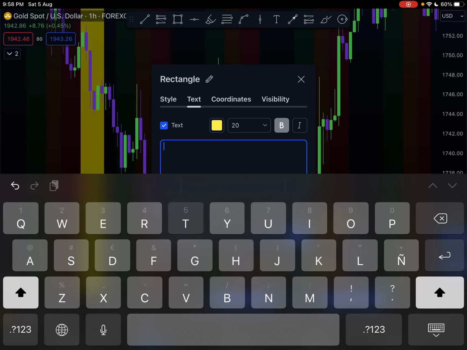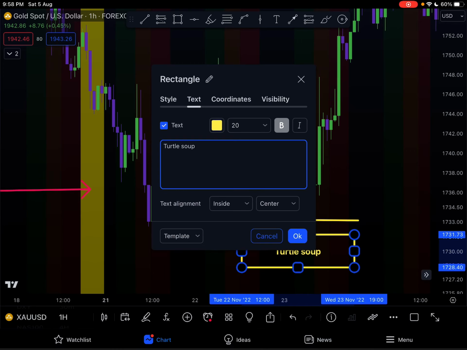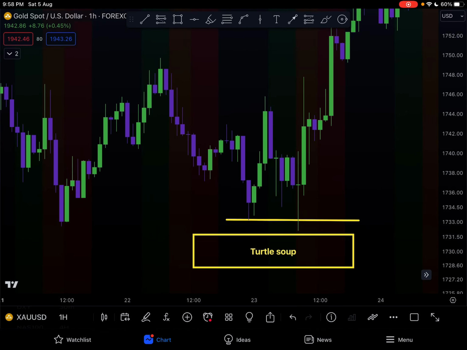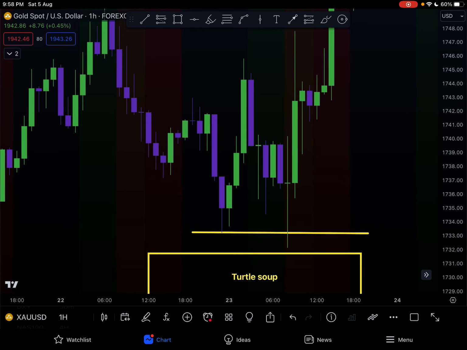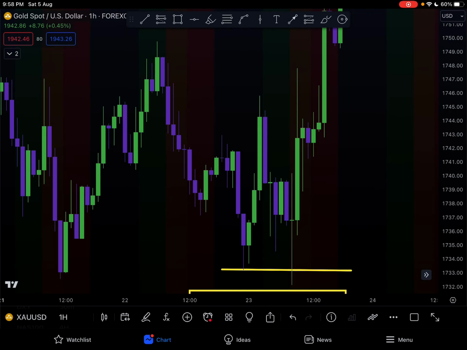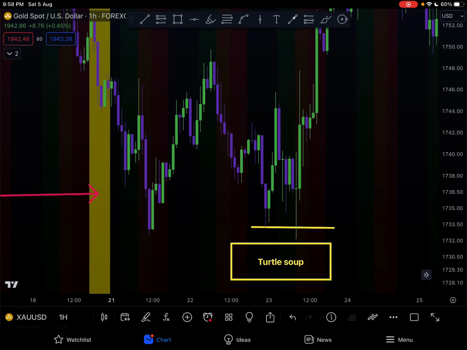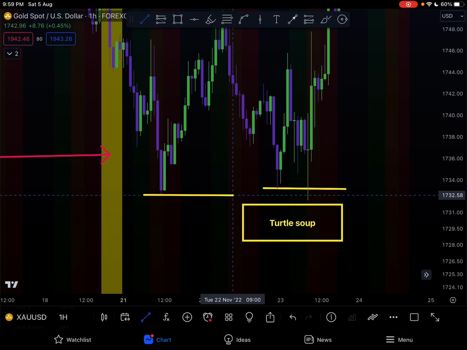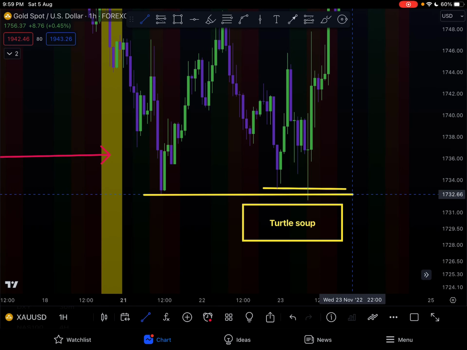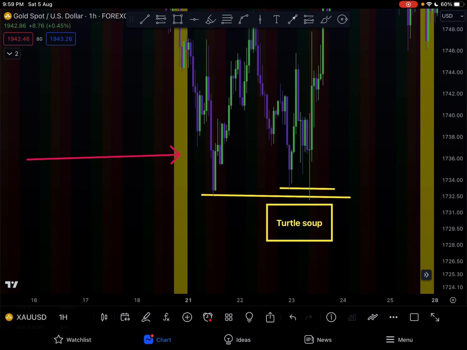But again, what is this? Turtle soup. Turtle soup, man. Ninja Turtle right there. When I see really good ones, we're going to call that Ninja Turtles from now on. All right? Look at that. Straight Donatello in the chart. Perfect one. And again, if you really need some extra confluence, this takes out this low. Yeah. If you really needed some extra confluence.